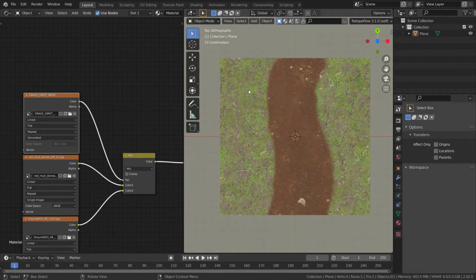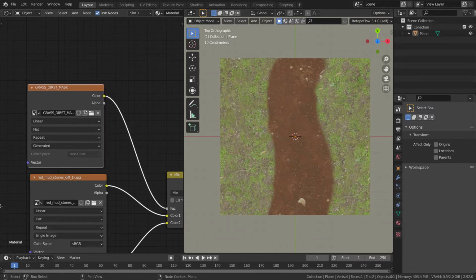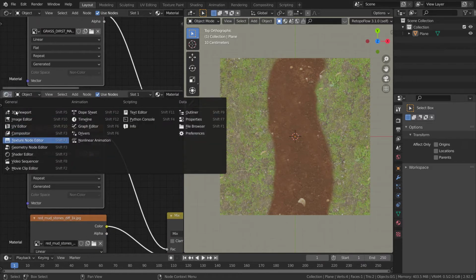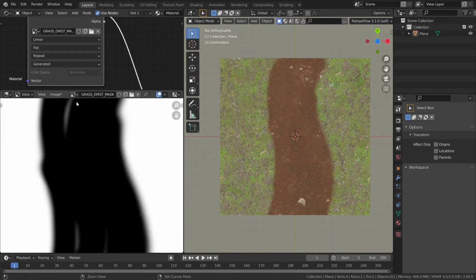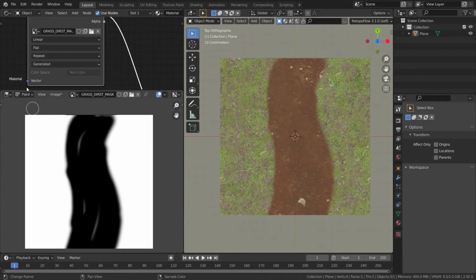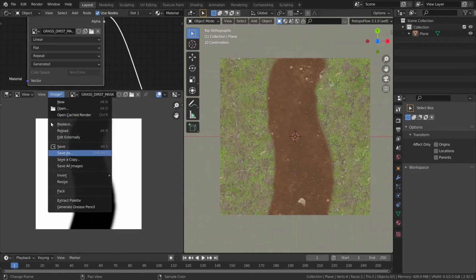So let's go into our object mode, and don't forget to save this texture mask. The way I know how to save this is by going into our image editor. Okay, there it is, and let's open up our mask. So here it is, my dirt mask. You can also paint on the mask over here. You just have to change it from view to paint, and then you can choose your color from the drop down. So let's get into view, and now let's go into our image and then save as.